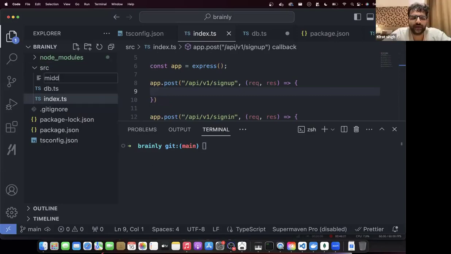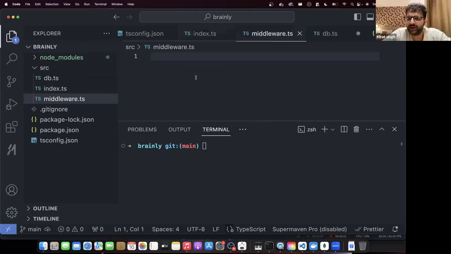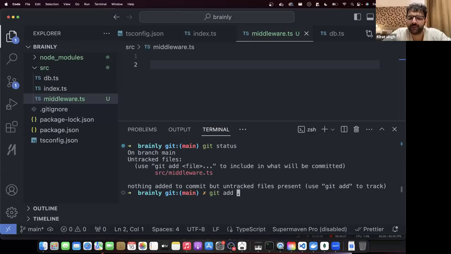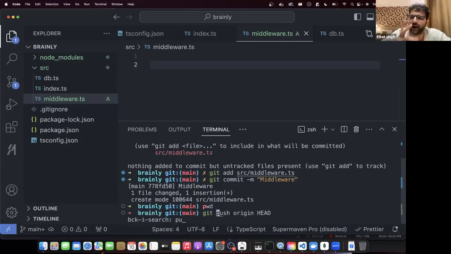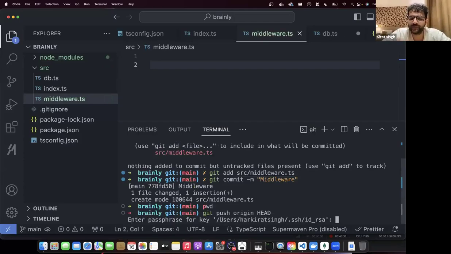But one more thing is you need a middleware.ts file where you will put your auth middleware. So there should be 3 files. Let me push this as well. Bootstrap code is there. Please try to write some code. Hopefully making middleware is something you already know. It's a single user, there are 2 admins also. It should be simple enough.